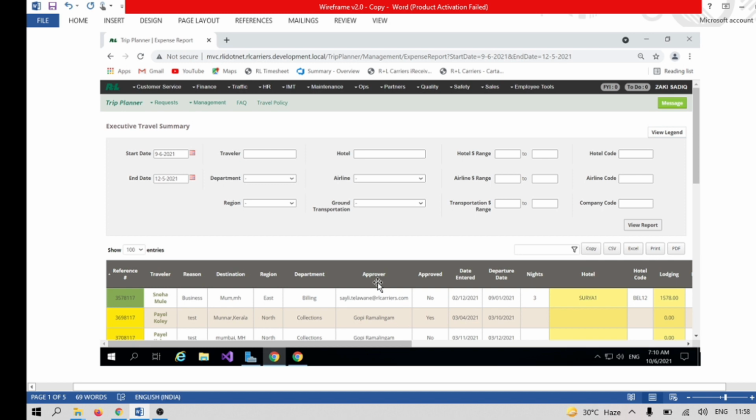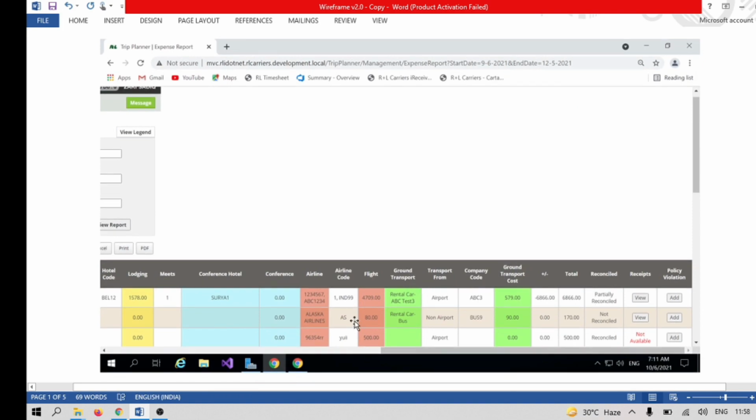Using that column, the user can be redirected to a pop-up, and that pop-up has all the input fields, in which the user can provide some details, and the user would be able to add some kind of policy violation. Okay, so it's a travel detail page.